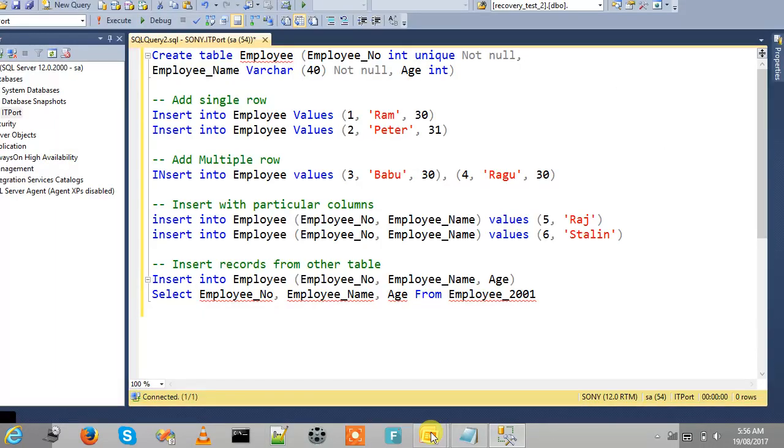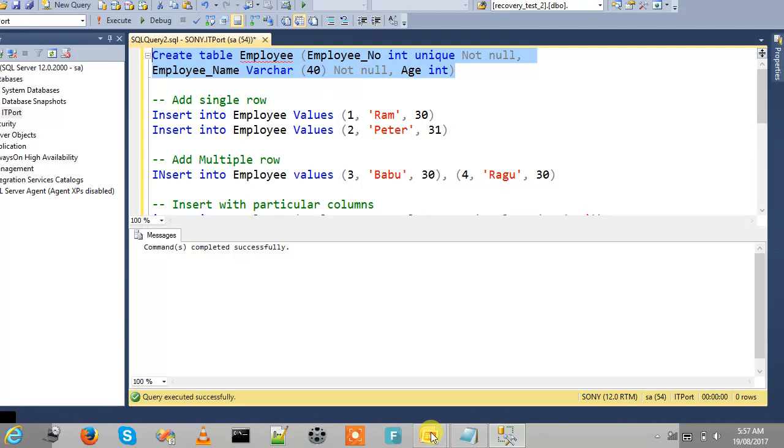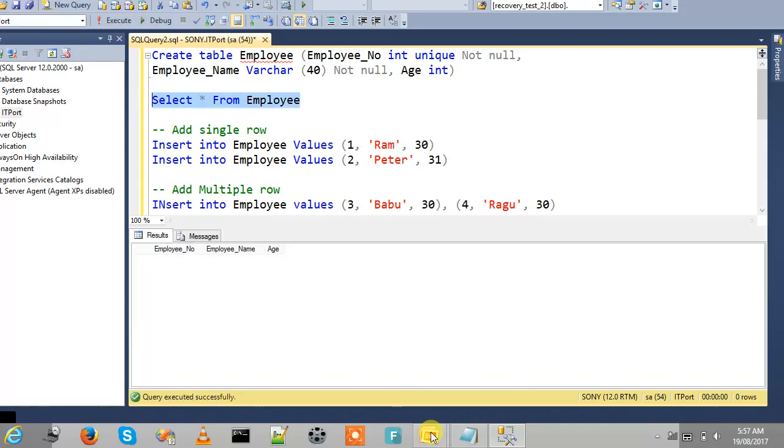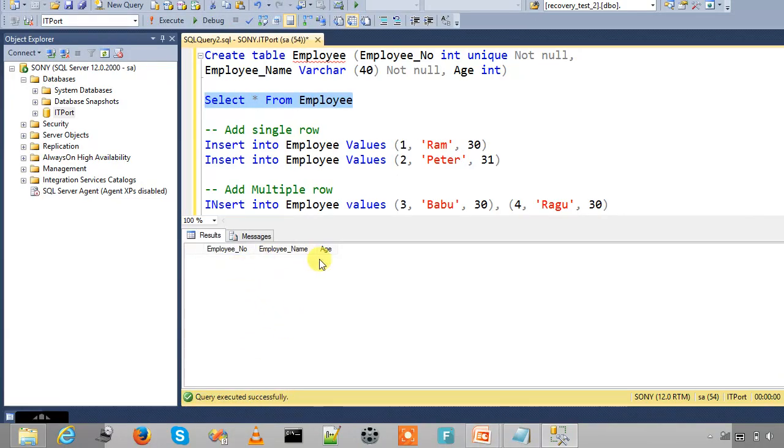I am going to create one table, employee, with employee number integer, unique, not null, employee name varchar 40 not null, and age integer. This is the syntax to create the table, just created. Now we can fetch the table employee. So this is the structure, this is the result set with no rows: employee number, employee name and